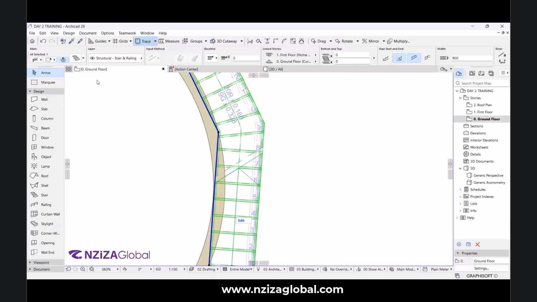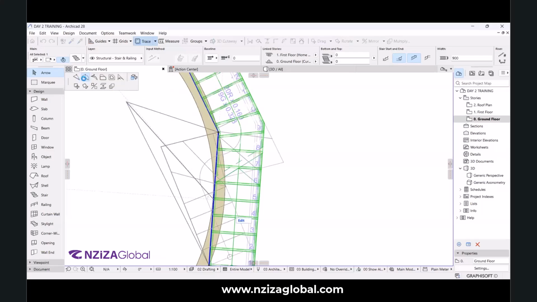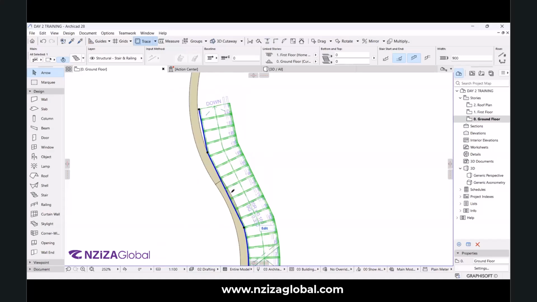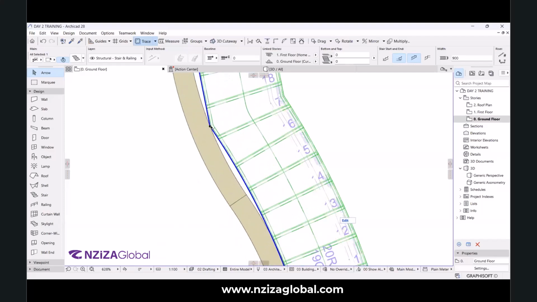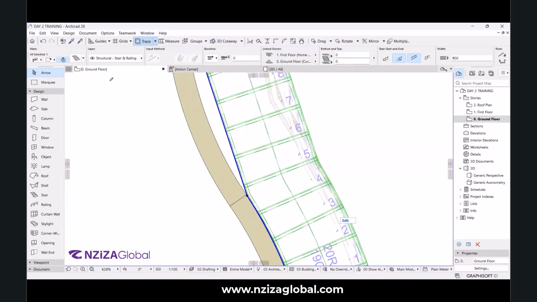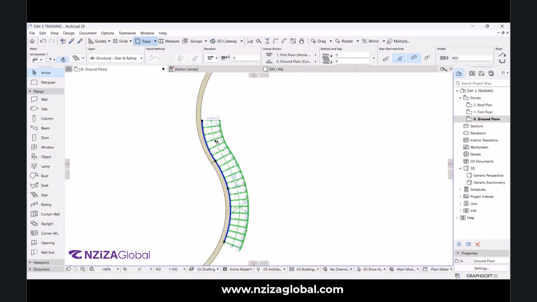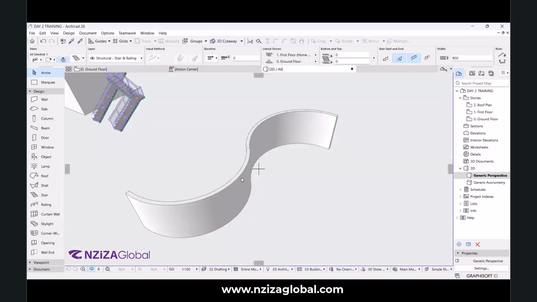Now I will click here in the curve. I start bringing curve. Start bringing curve. This one, this way. So if we go into 3D,